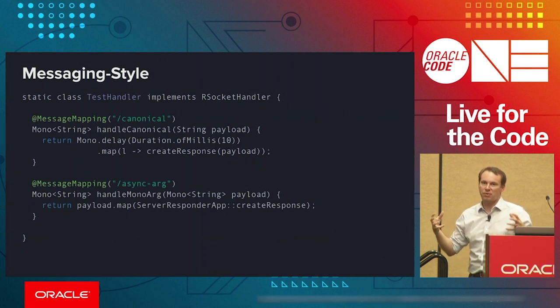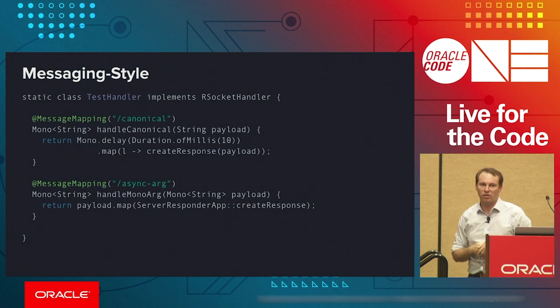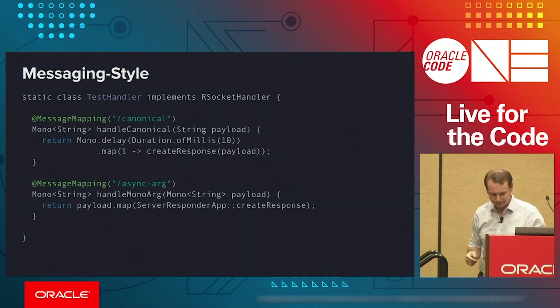encapsulates a bunch of best practices we know about programming distributed systems, but then allows you to decide what style of programming you want on top. If you want contract-driven RPC style, you can just layer that on top of the protocol. It was designed so that you could do that layering. If you're the kind of person who likes a looser coupling using a messaging style with routes on it, we can do that as well. So all of these are available to you when you're using RSocket.